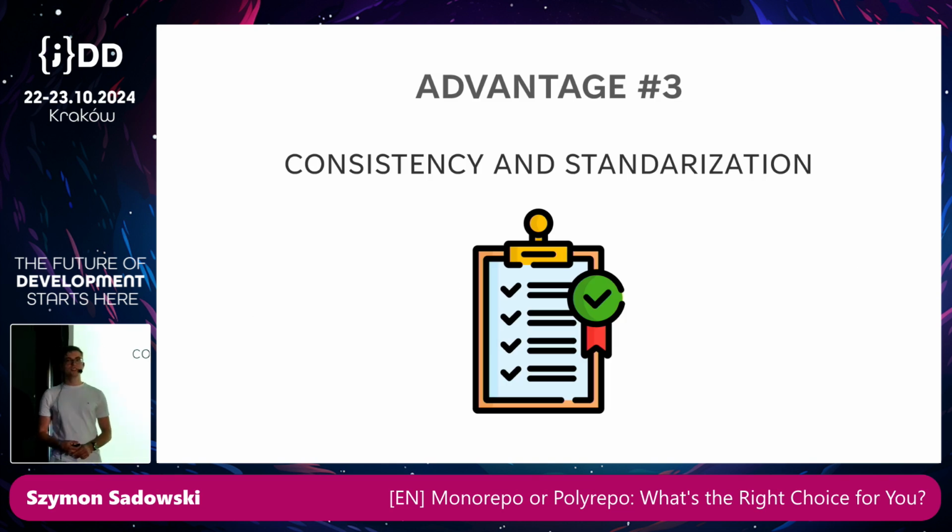And the third advantage is consistency and standardization. And what do I mean by that? Also speaking from example, in our Monorepo we have a dedicated initializer where, using a CLI tool, you can initialize a new service which has all of the necessary structure that we established, all the necessary logging, monitoring, configuration, deployment files, and so on. And this has a couple of benefits.